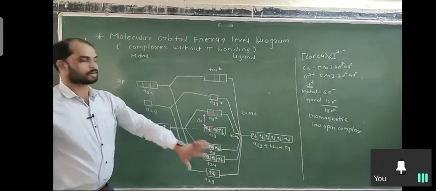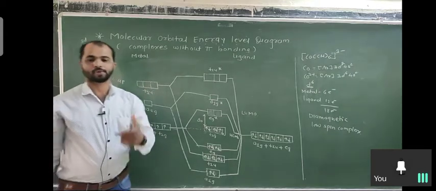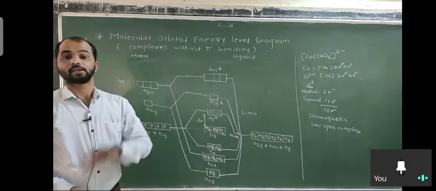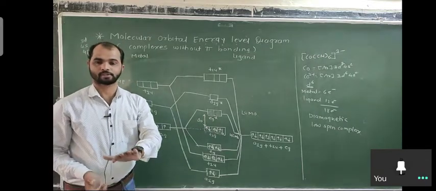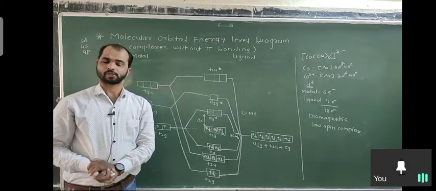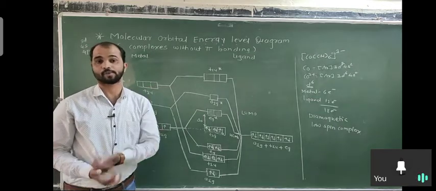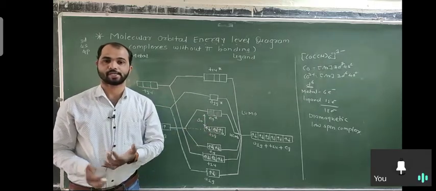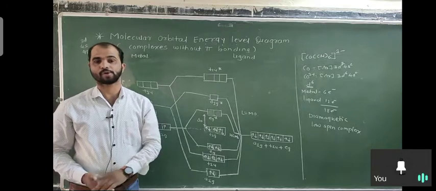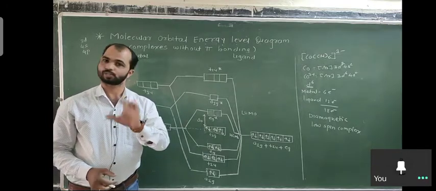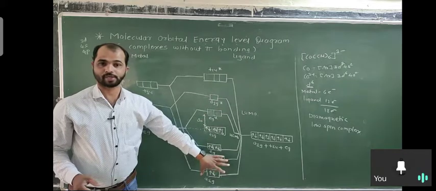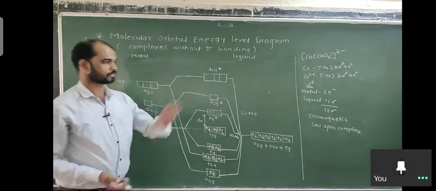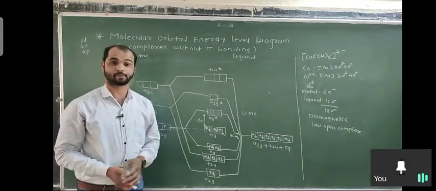So this is all about the 3 examples. One more example is given in the book which is already solved. This is where the NH3 ligand is there. You solve it the same way, and also try to solve other complexes which are given in the book, not in the given chapter but in VBT, in CFT. There are a lot of examples, coordination complexes are given. You choose any one, try to solve using this way, and then find out whether the complex is diamagnetic or paramagnetic, and what the magnetic moment value is, you can calculate.